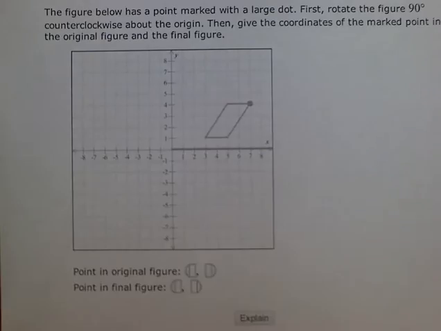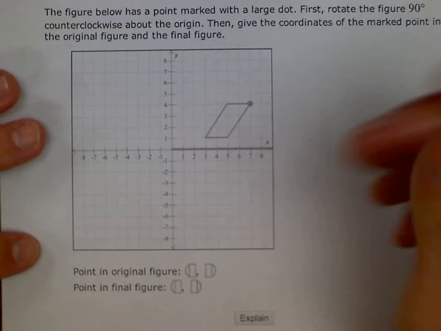Here we have a problem that asks us to rotate a point and give its coordinates. It says first rotate the figure 90 degrees counterclockwise about the origin. Then give the coordinates of the marked point in the original figure and in the final figure. So we'll go ahead and label this point a little darker so that we can see this is the point